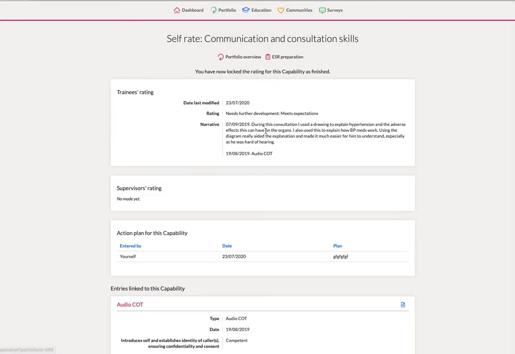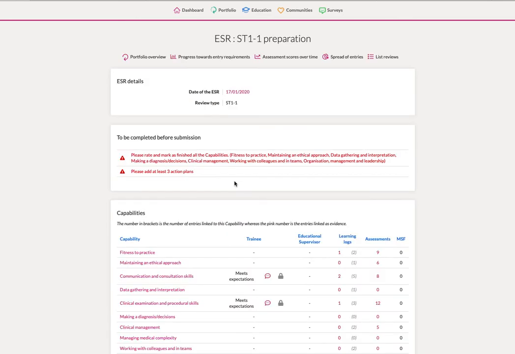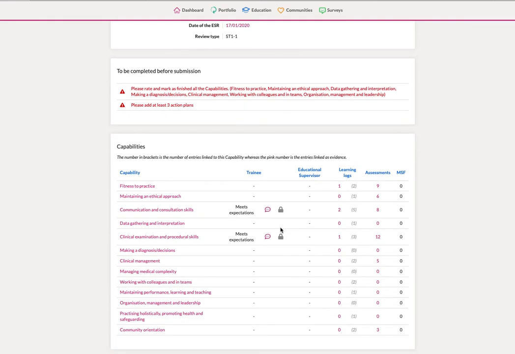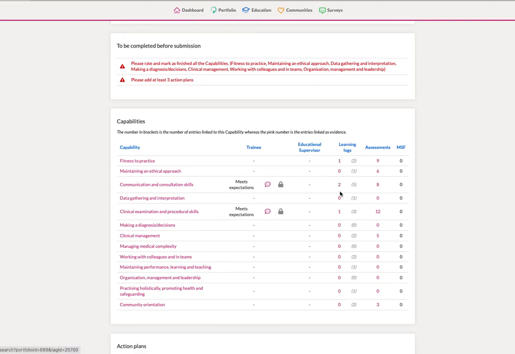And then if we go back to ESR preparation, you can see this communication consultation skills, this is the mark I gave myself, this is the narrative and the evidence for it, and the fact that I've locked it off. Now if you want to unlock it, you're going to have to ask your educational supervisor to do this for you. So you need to go through all of these capabilities and make sure that you're gathering the evidence,